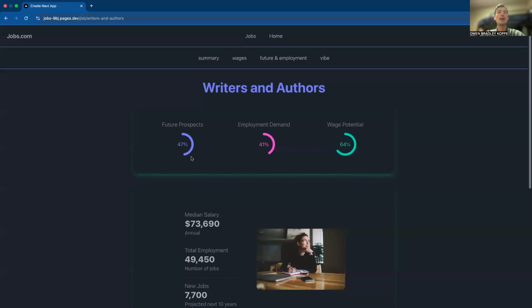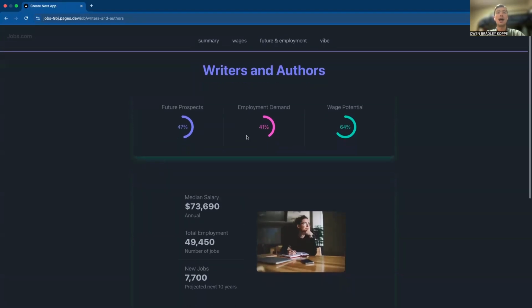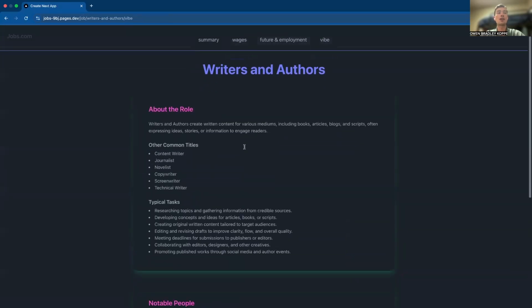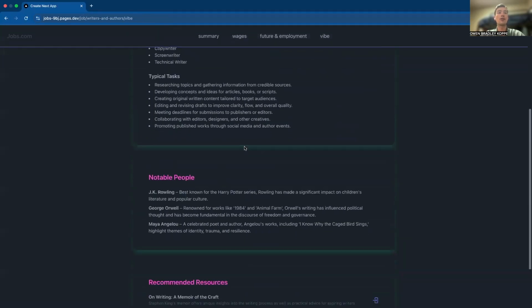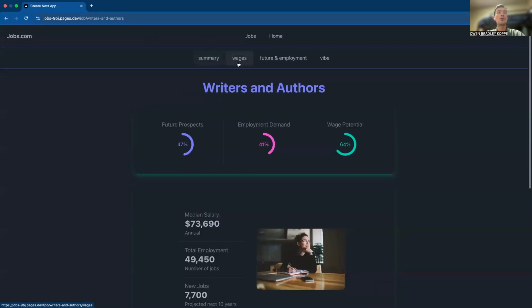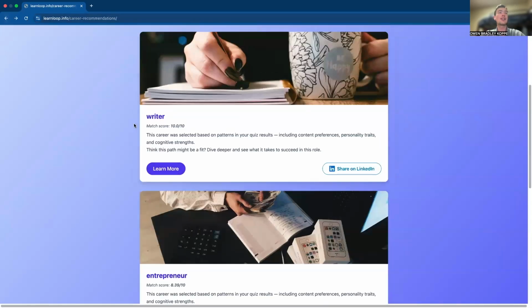So if I click this Learn More button, it's going to take us to the job site where we have data about the future prospects, wages, as well as the vibe of the job, which contains information about the roles that you can get under this job title. And all this data is being pulled from ground truth data sources. So now if we come back to the LearnLoop main site,